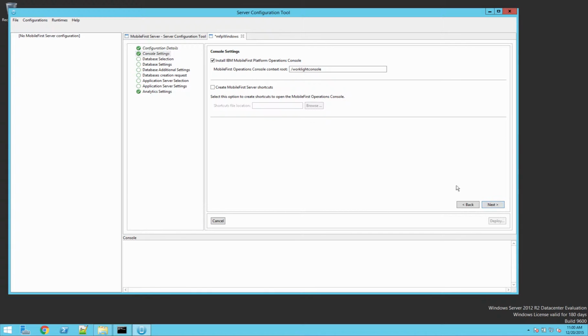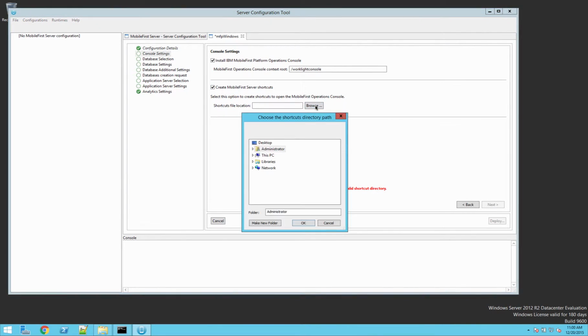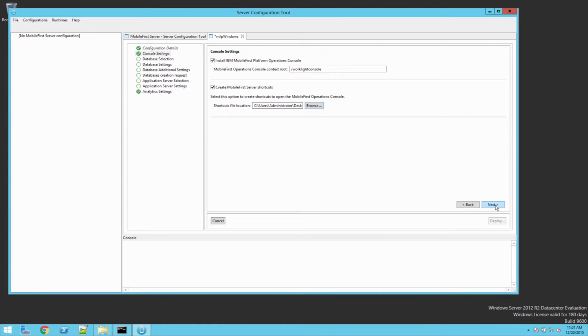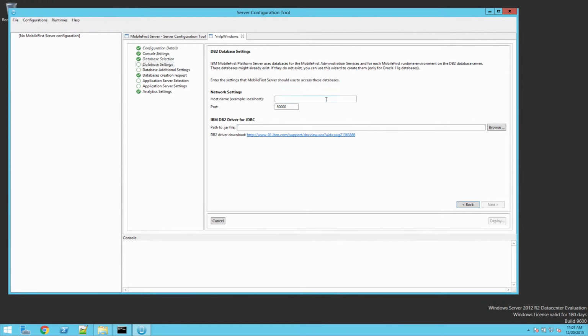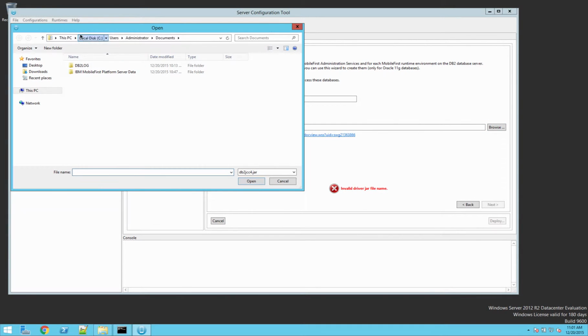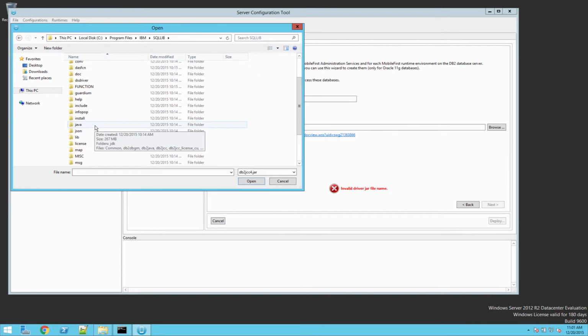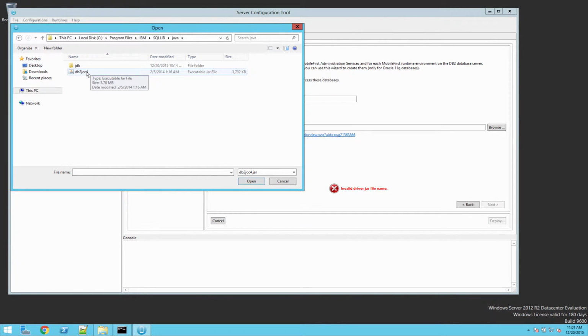So first of all, we can click next. You can create MobileFirst server shortcuts if you need. This is like the icons that will be on a desktop, for example. Then basically we'll need to select the DB2 as database as we set up it. Again, provide credentials and jar file and the location, everything. So the jar files, you remember, are located under C, Program Files, IBM, SQL Lib, and then under Java, we have DB2